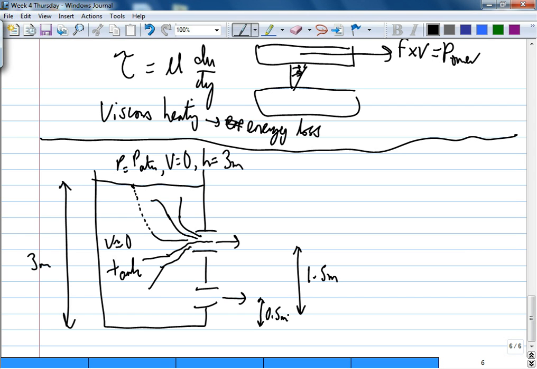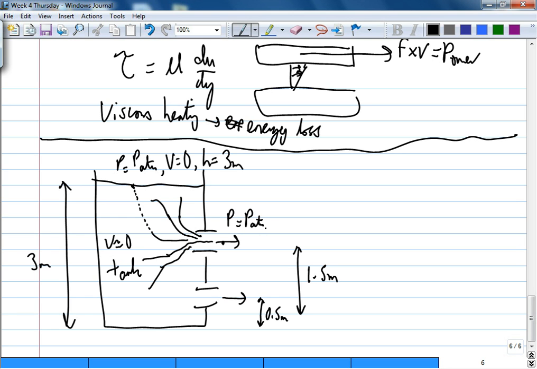Okay? Alright? So, when you start in the big tank, always start at the surface because you know what the pressure and the velocity and all that is. Pressure is whatever pressure is in the tank, in this case atmospheric. At this point, what's the pressure? Again, we're not inside the pipe. Don't do inside the pipe because we don't know what the pressure is inside the pipe. As the water just exits the pipe, what's the pressure? Atmospheric, because the water has joined back the atmosphere.